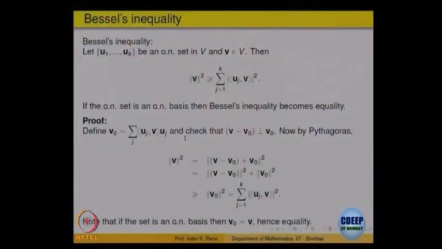Now, you can prove Bessel's inequality, but that is the same as the one we did for finite dimensional spaces, because that is only valid for 1 to k. But you can generalize this. So, let us keep it for finite only. So, for finite, the same proof works, the only thing is there is a notion of dot product now. So, the same properties you can use and prove Bessel's inequality.